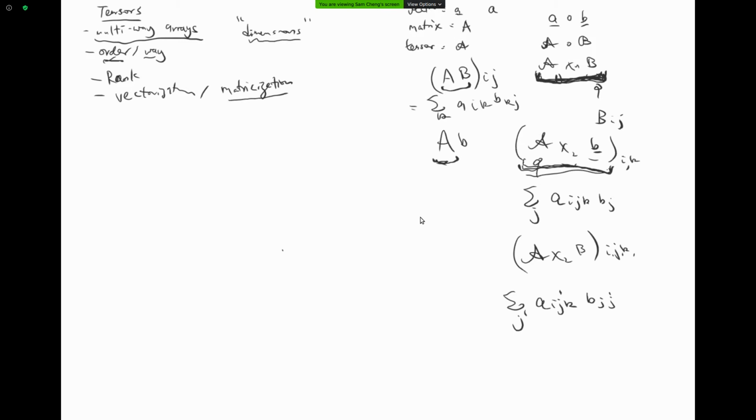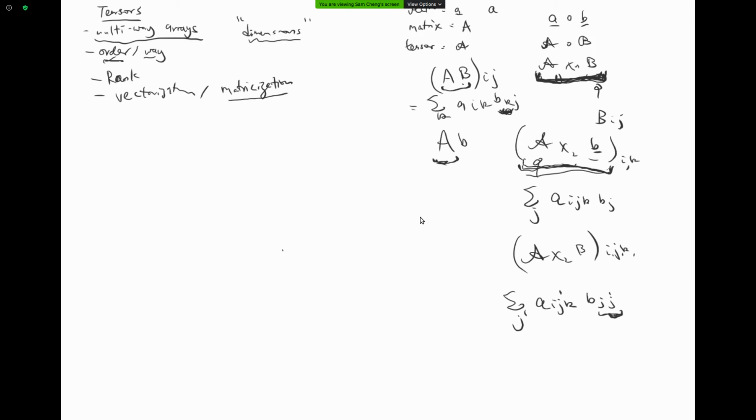So note that there's a difference in the order here. If you look at the original matrix multiplication, the dummy index for this B here is the first index, but here the dummy index, the j, is in the second index. So actually, therefore,